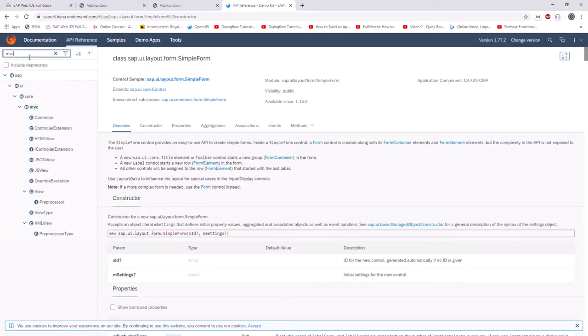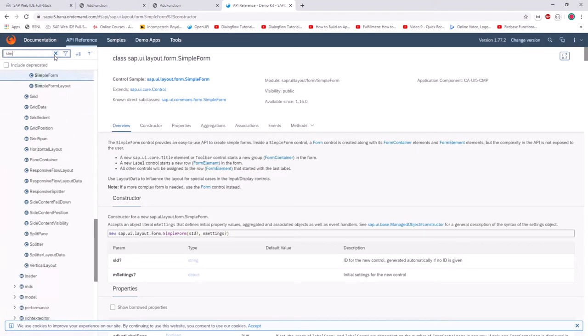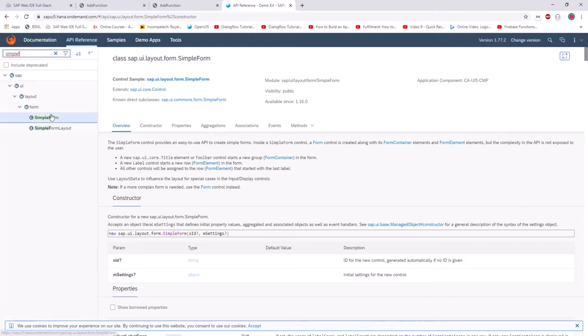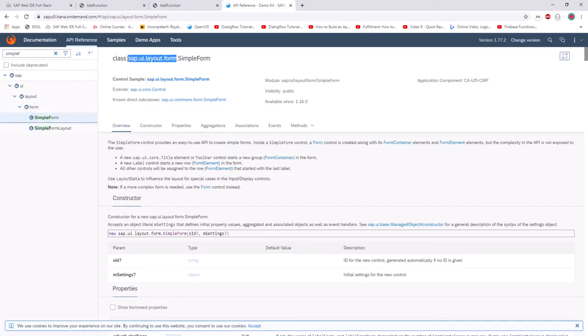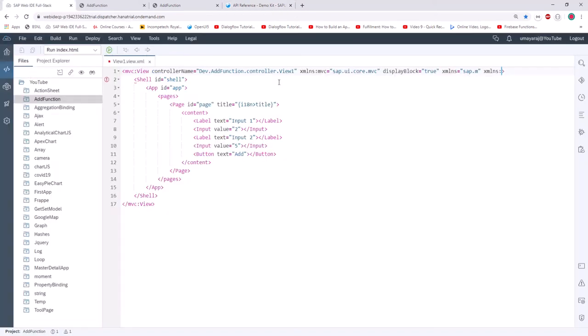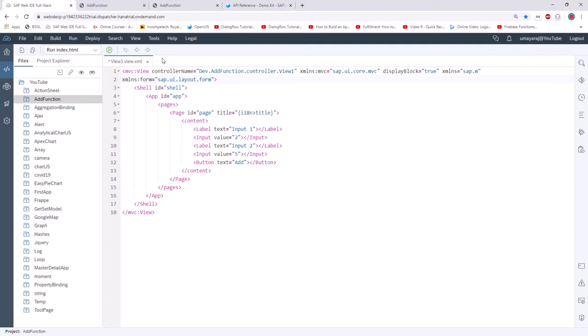Like now we are going to use that simple form, right? So simple form belongs to the sap.ui.layout library, and sap.ui.layout.form is the namespace. Just copy this one, sap.ui.layout.form, then go here, give the shorthand name form and give the library name. Then